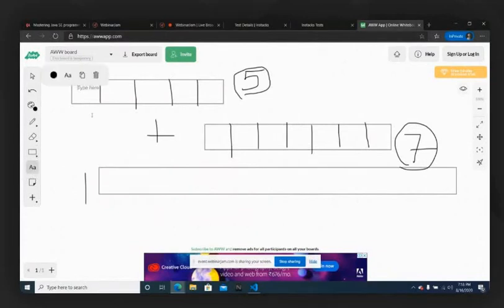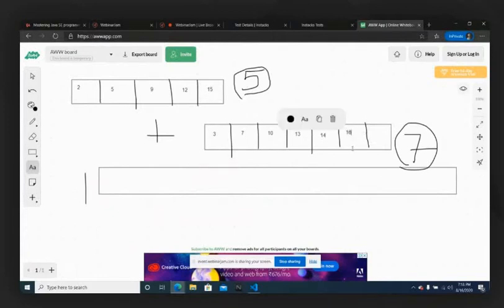For example, I will just take 2, 5, 9, 12, 15. It's in sorted order. Now let me take 3, 7, 10, 13, 14, 15, 16.